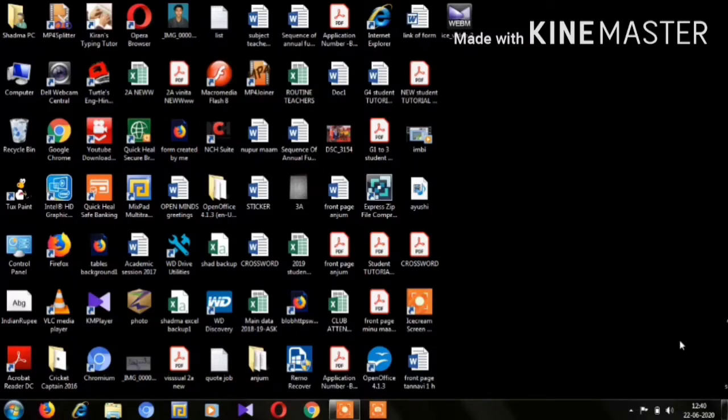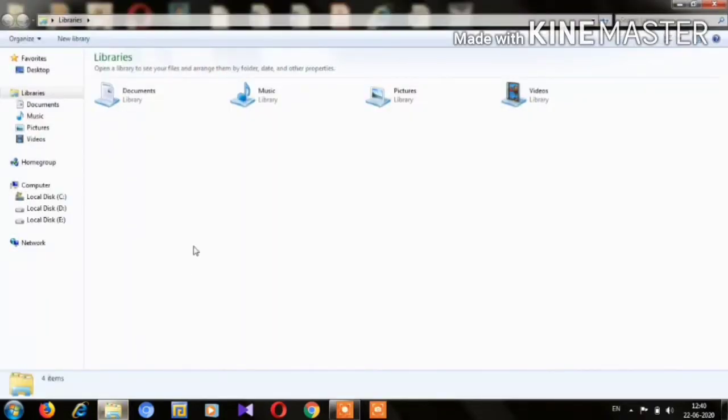If you want to open any video file, just go to the library folder and we can browse for all the video files. Okay, now let us learn how we will open a library folder. For that we need to click on this folder icon from the taskbar. Click on that. So here comes library. See over here, under the library section, 4 types of files are here: document, music, pictures and videos.